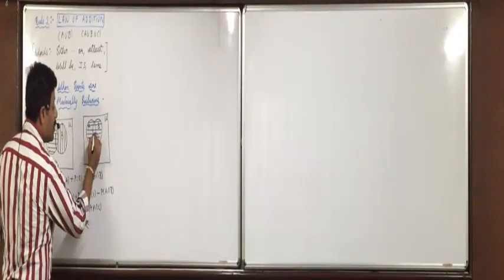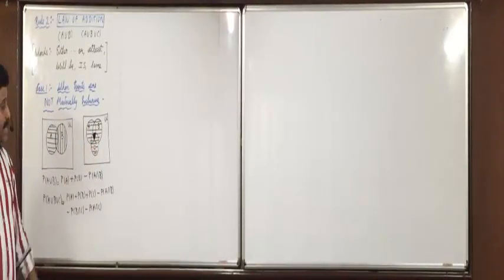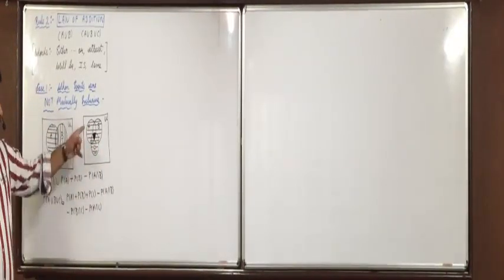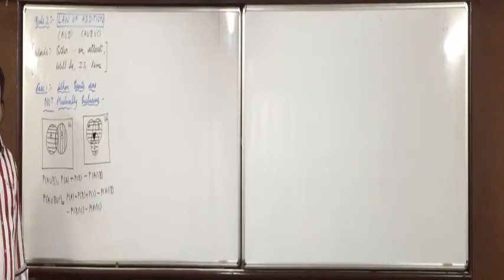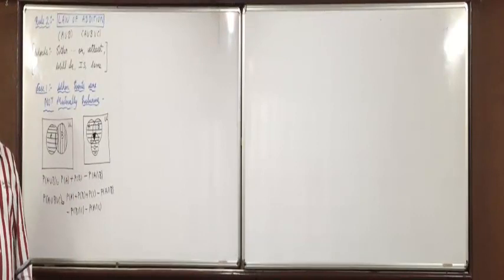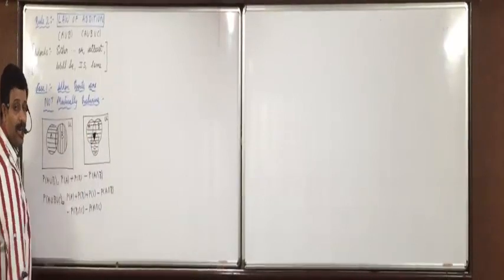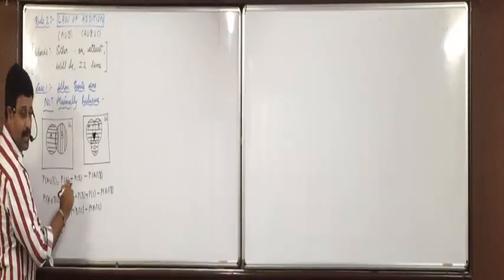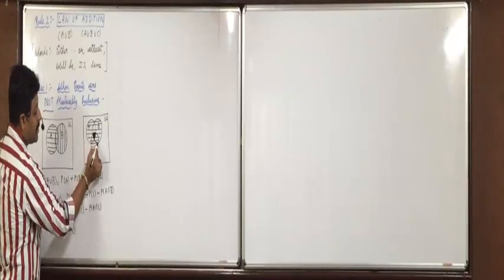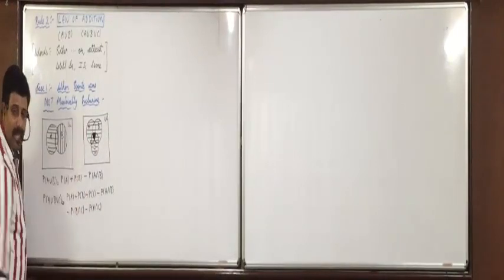Now understand this part. That is A intersection B intersection C. Is it included in A? Yes. Is it included in B? Yes. Is it included in C? Yes. Definitely. A intersection B intersection C means it is there in all the three. Okay. Is it included in A intersection B? Yes. Is it included in B intersection C? Yes. In that also it is included. Is it included in A intersection C? There also it is included.